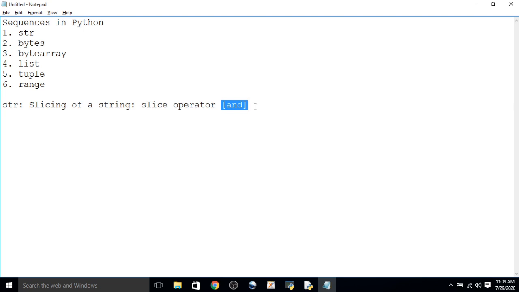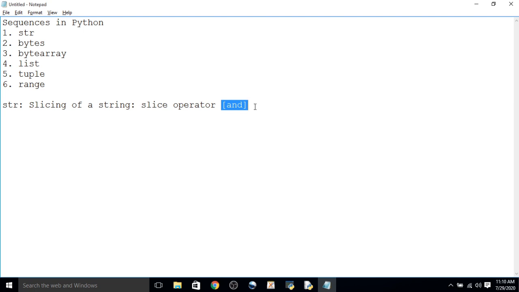The characters in a string are counted from 0 onwards, so the first character of a string is stored at index 0. Hence str[0] indicates the 0th character, or beginning character, of the string.